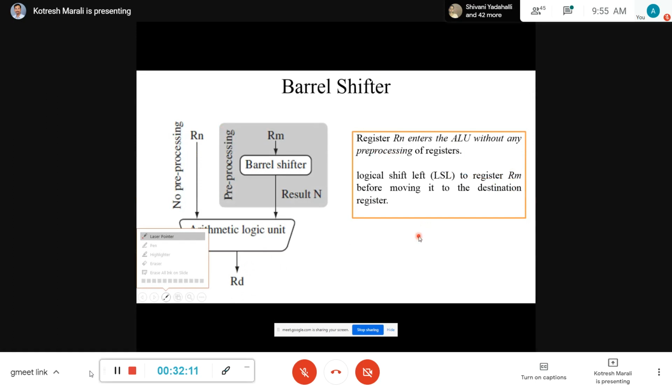Okay. Assume that there is a data called 0001. If I shift by left, what will be the output? 0010. What happened? That value became 2. Earlier the value was 1. It went to 2.